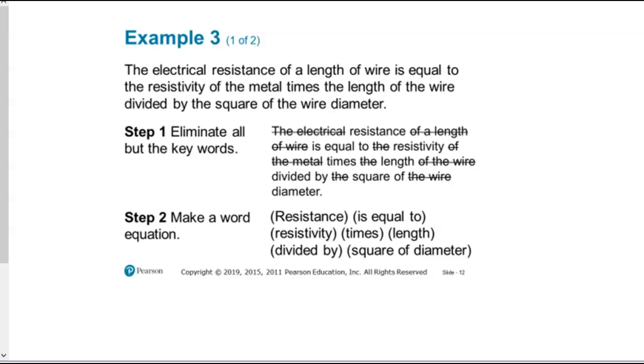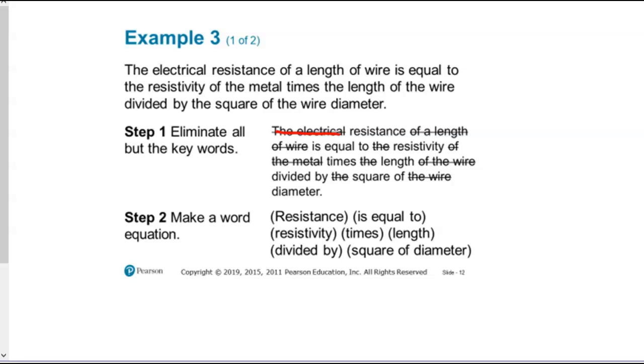Okay, we're back, so let's go ahead and look at what this is really saying. This is saying the electrical resistance of a length of wire is equal to the resistivity of the metal times the length of the wire divided by the square of the wire diameter. All right, well, let's see. Let's get rid of everything that we don't need that is not having to do with some of the key words that we're going to use for the math problem. And so we're going to say, all right, the